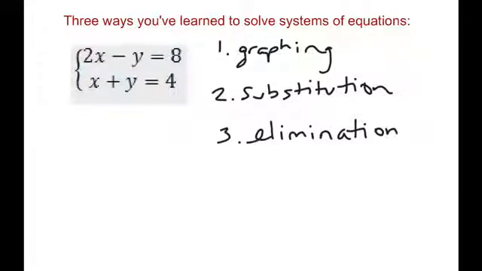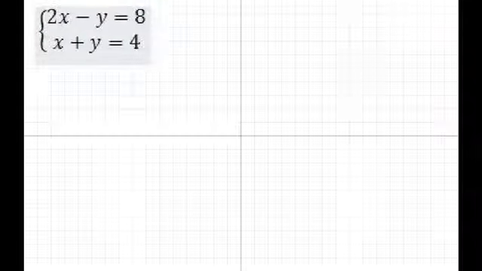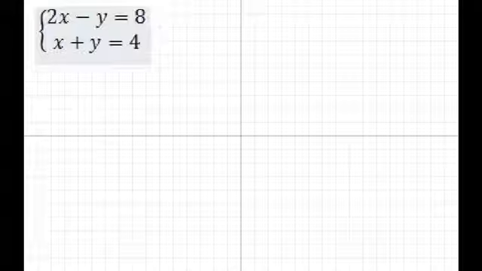And graphing is our least favorable method because sometimes it can just be inaccurate. Substitution and elimination are great. Let's review how to do those. First, graphing. In order to do that, we're going to have to take both of these equations and put them